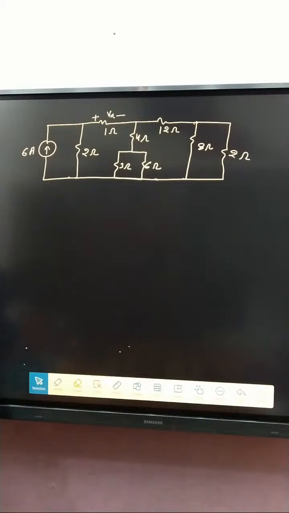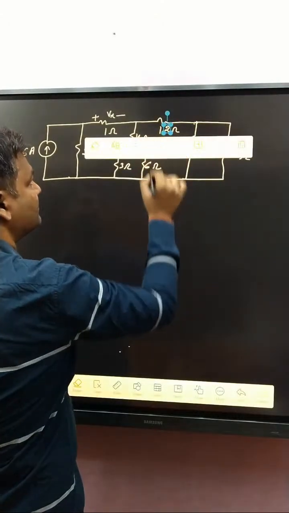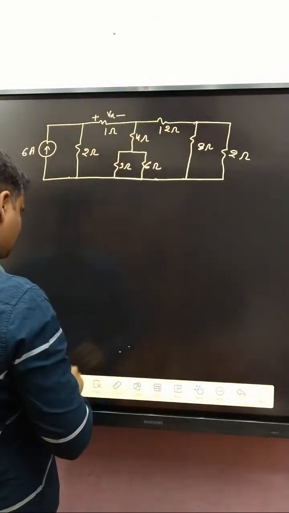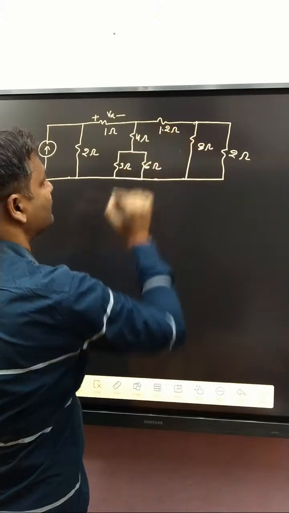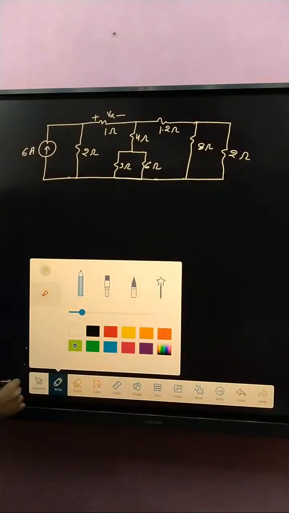Then after that I will solve. This one is basically 1.2 ohm. That resistance is given as 1.2 ohm. Okay, so how can we do it? First of all, if you see very carefully,